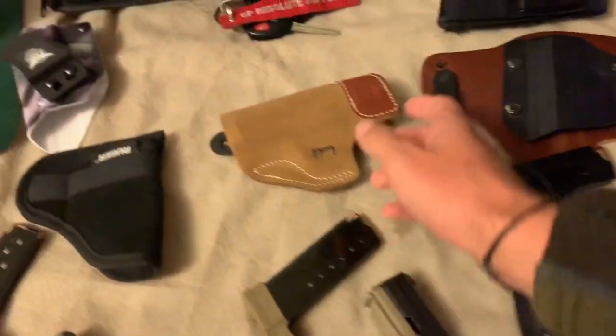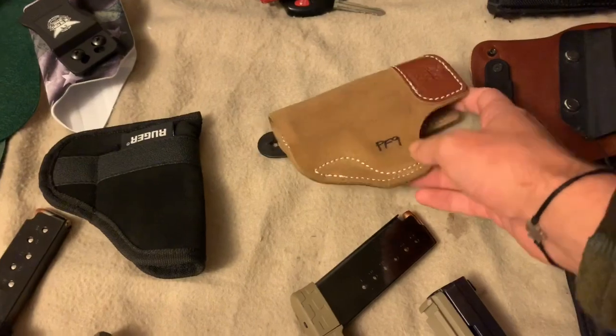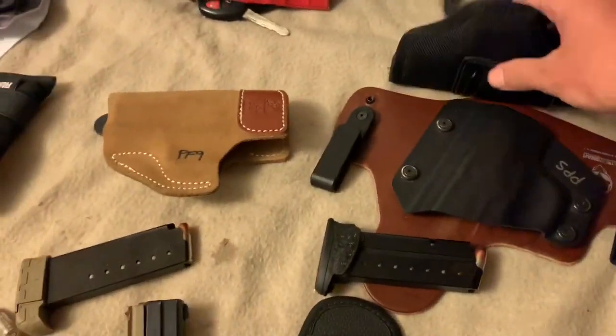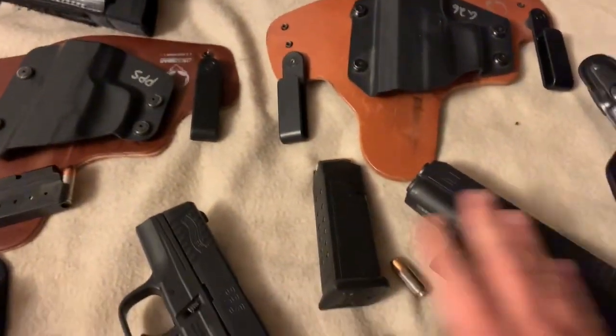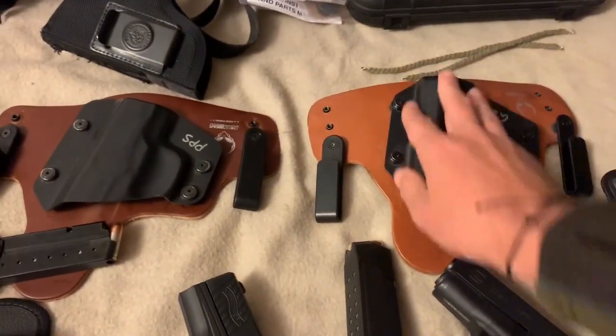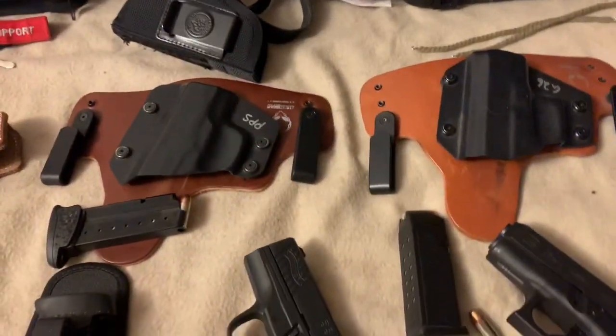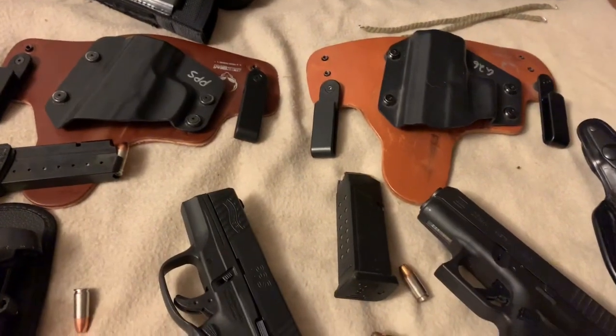For the PF9, I just have a simple holster that slides on the belt as well. I have another one of those for the PPS, though I don't use it very often. For these last two bigger, heavier ones, I most often use these leather and Kydex mix holsters on the belt. I find they spread the weight out the best